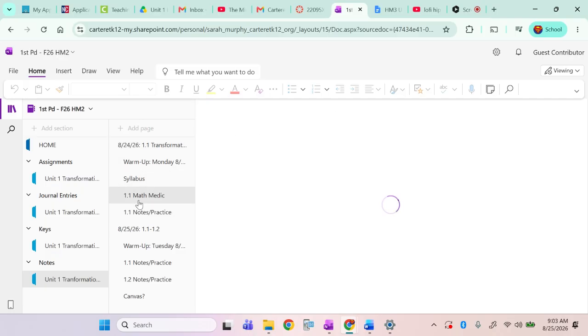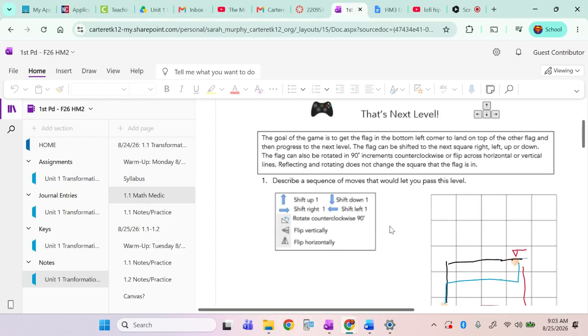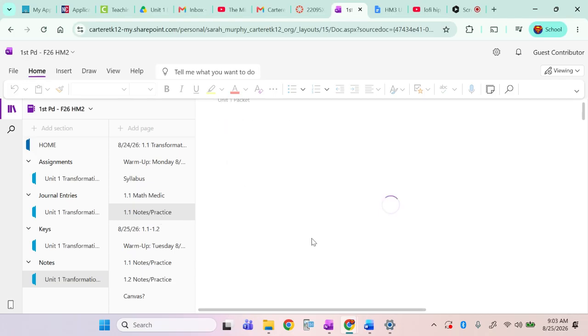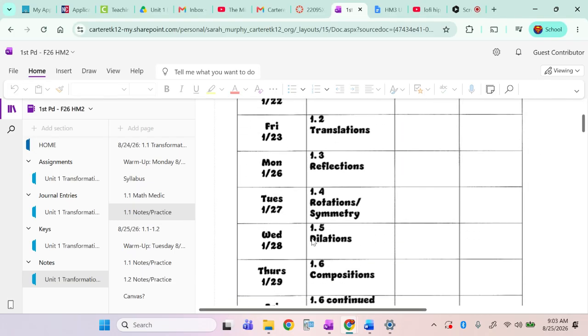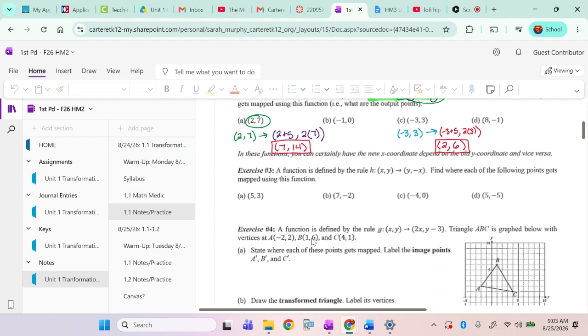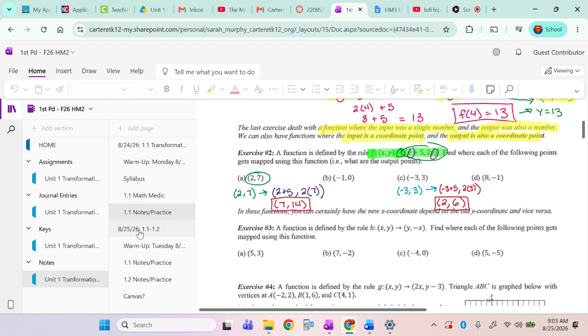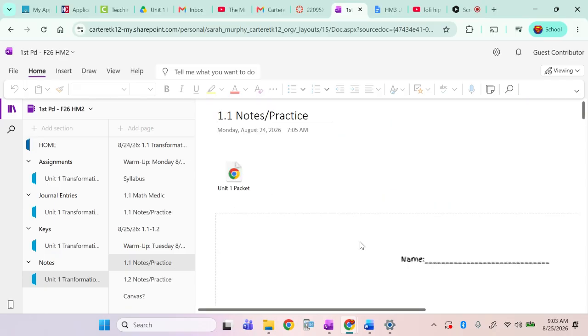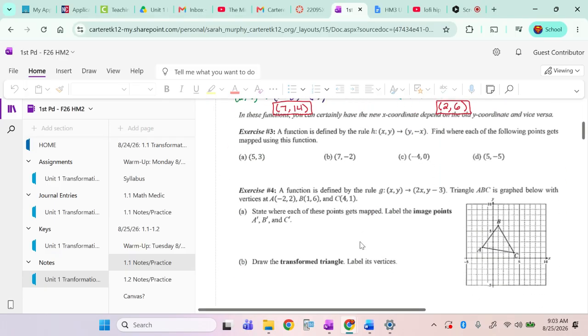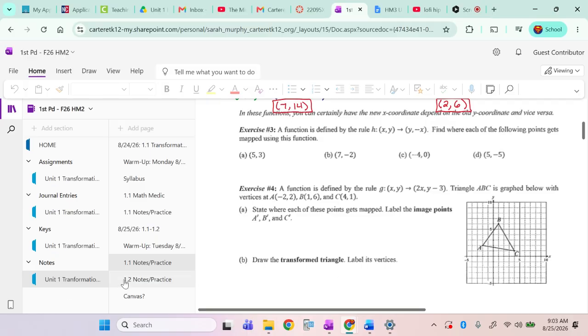So the mathematic that we did is right here, and it is filled in from the stuff that I did yesterday. The notes that we did yesterday are still right here. All right, and it's just the part that we filled in yesterday. Okay, here's today's stuff. We obviously haven't done it yet, but these will be like the notes that we finish up. So it has the ones that we did yesterday because I copied them over,